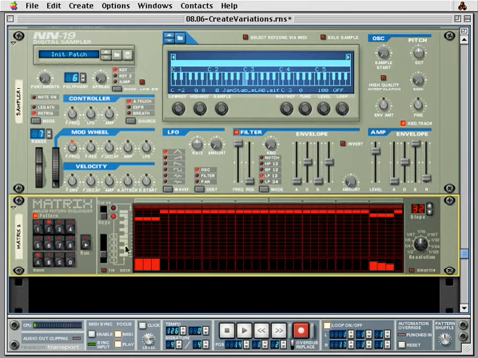Press Run on the matrix to preview the sample stab pattern. On pattern A3, add a tied gate event at segment 31 and set the note to A. Switch to pattern A4,